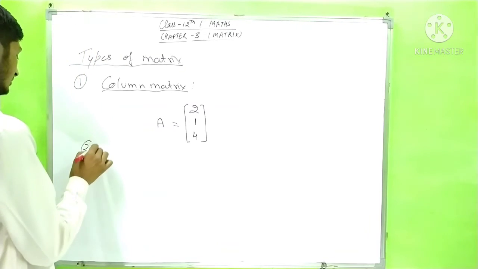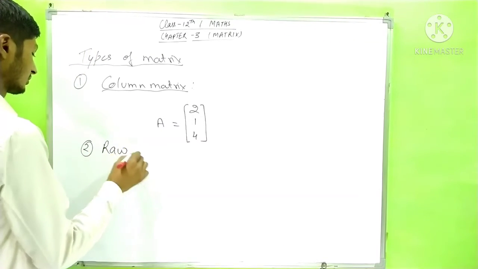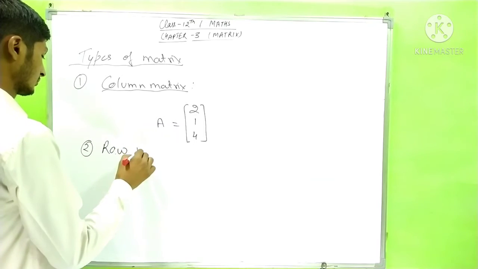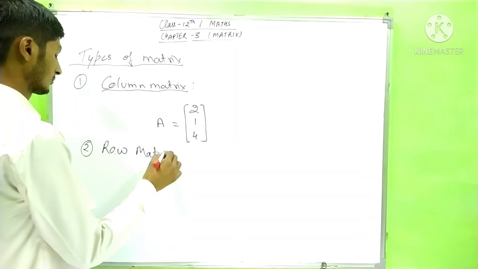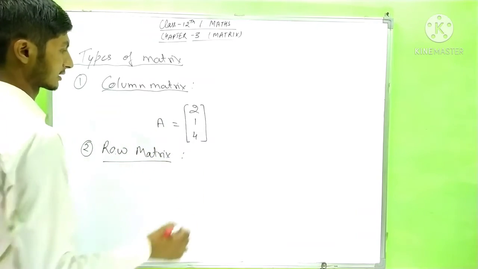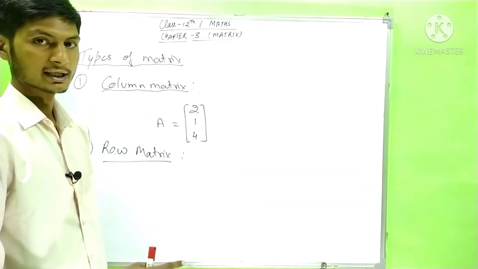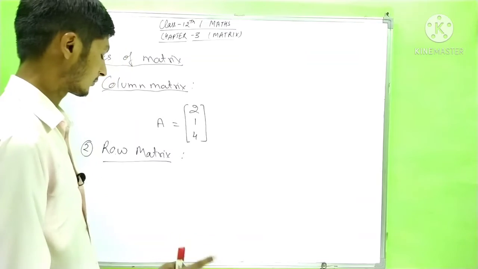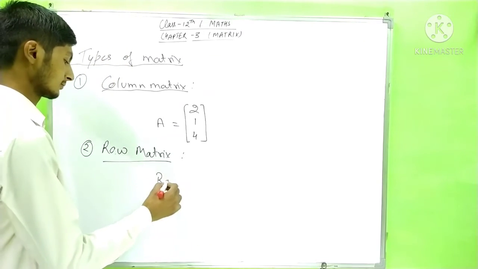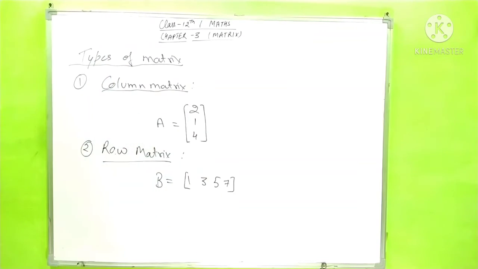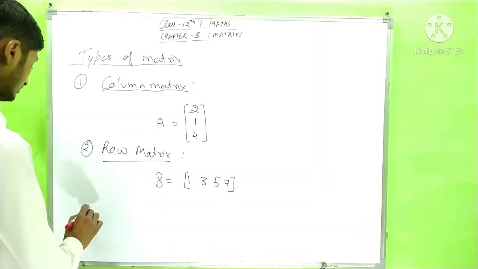Second is row matrix. What about the row matrix? A matrix is said to be a row matrix if it has only one row. For example,